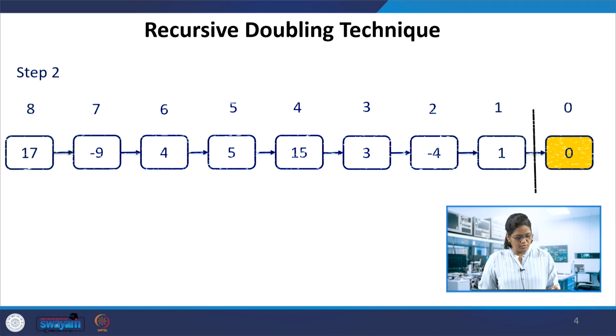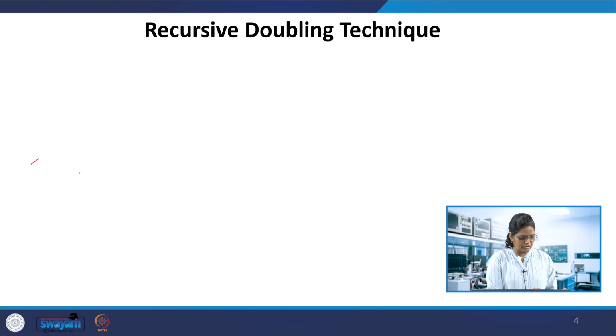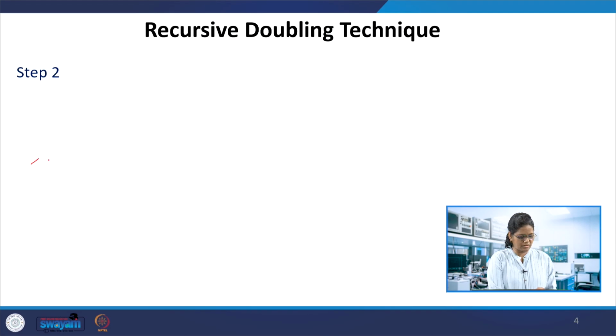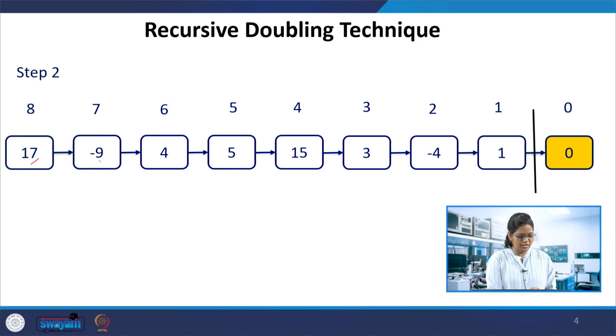So step 2, which is the resultant of the previous one: 8 and 7, 32 and minus 15, giving the sum as 17. Similarly, the next sum, 7 and 6, resulted in minus 9, then 6 and 5, and then 5 and 4 result in 5 plus 4 is 3.